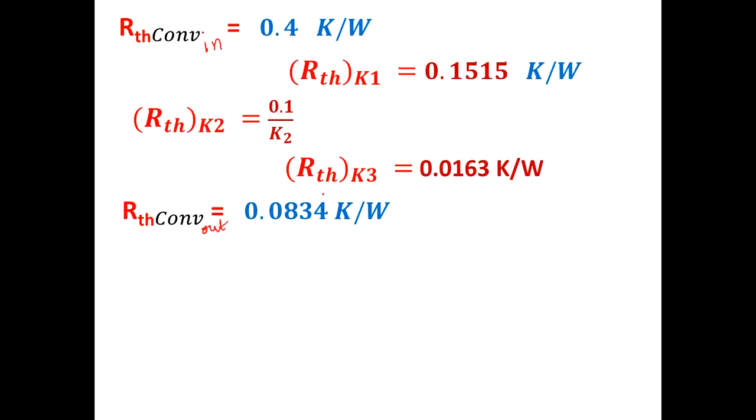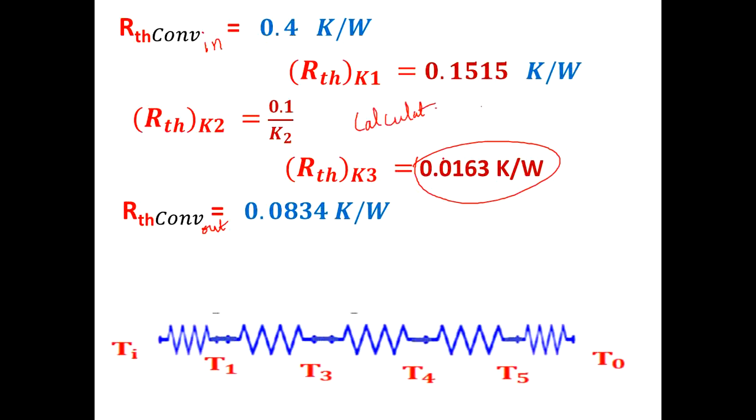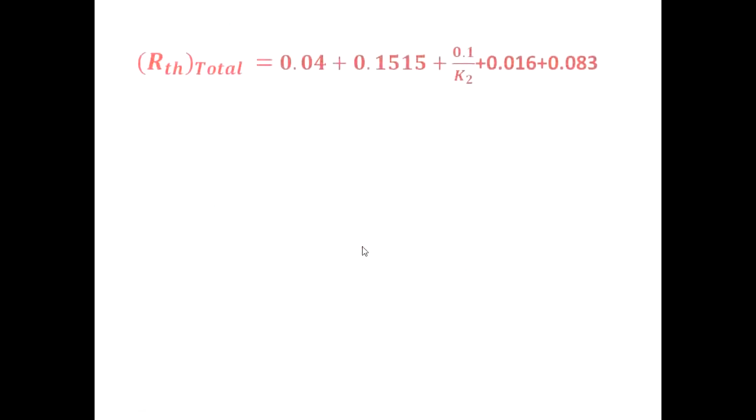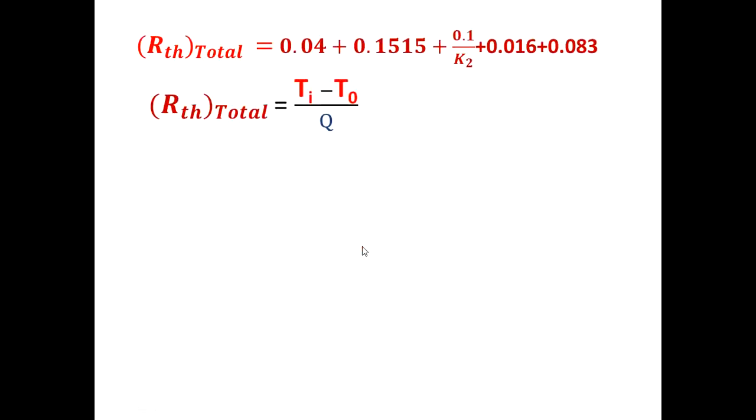Please note down, do the calculation on your own. You don't copy from the videos, calculate on your own. Put the formula and then calculate. And then the thermal resistances are given. These are the resistances. You don't know the value of K2 only. Remaining things you know very well. So all put together, the thermal resistance will be like this.